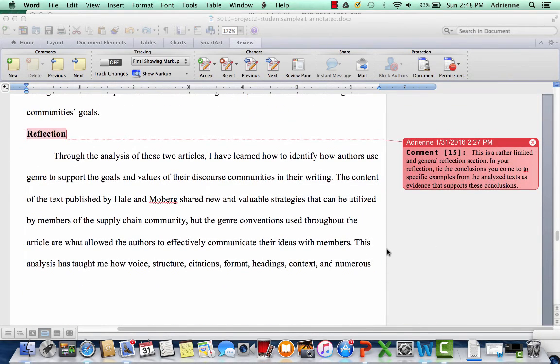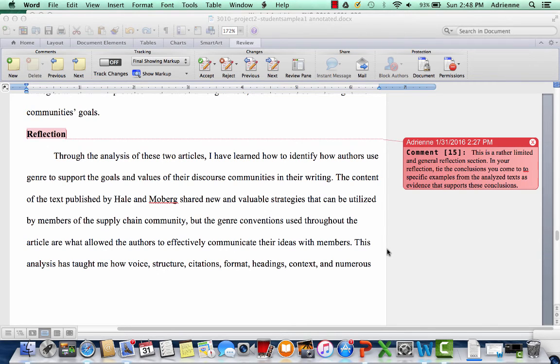The last thing I'll say is that when I get to reading the reflection section of this paper, it feels like a rather limited and general reflection, kind of like a reflection that any one of us could come to from comparing a couple of articles. So make sure in your reflection that you tie the conclusions you come to to specific examples from those texts you're analyzing as evidence that supports those conclusions.